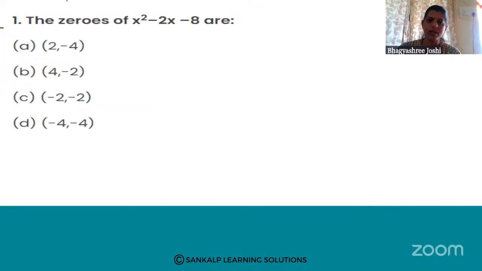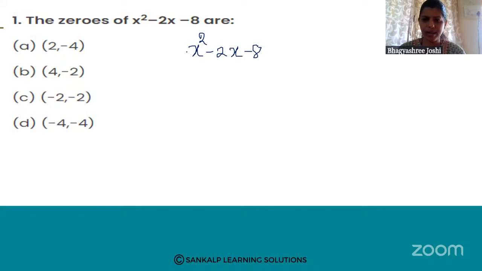The zeros of x square minus 2x minus 8 are... In order to get zeros of this polynomial, we are using the factorization method. Now, we'll use the middle term splitting. For that, I need to multiply A into C. What is the value of A here? A is 1. 1 into 8 is 8, right? Now, choose two numbers such that the product should be 8 and the middle term, if you do addition or subtraction,